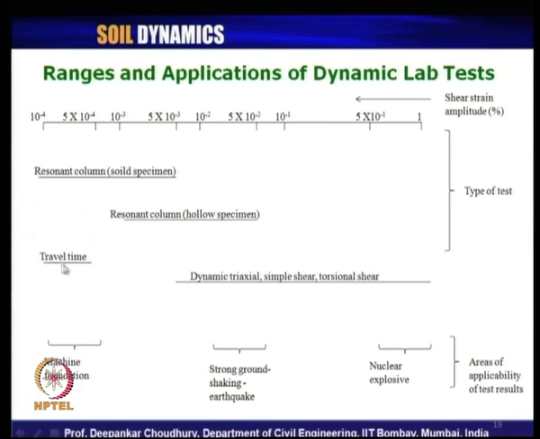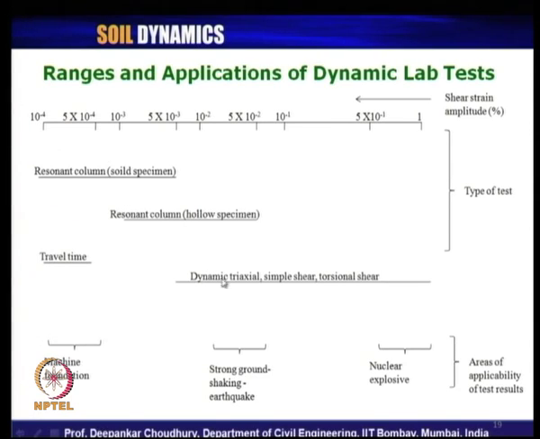And what we have seen, all the geophysical tests using the travel time method, that is the basic concept, are effective only at very small strain values. So, the shear strain amplitude ranging between about 5 into 10 to the power minus 4 to 10 to the power minus 4. So, these tests are good in this range only, meaning the values whatever we observe from the test are good in this range of the shear strain.